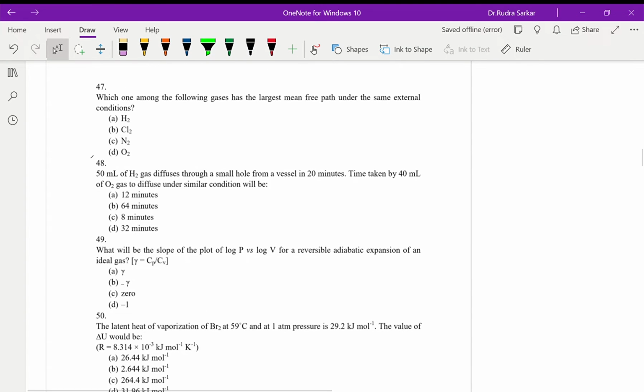So over here the question given is 48, in which 50 ml of H2 gas diffuses through a small hole from a vessel in 20 minutes. So this is my say T1, and this is 50 ml. So 50 ml by